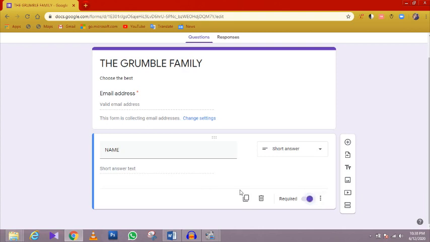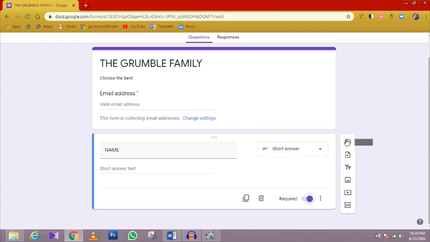Why? Because when the students log in to this particular quiz, Google itself will ask them to type their mail address. Some will have different mail addresses, and we can't find the name by that mail address even. So in that case, you can ask the students in the first question itself: type name, short answer. The students will type their name, so that you can easily identify, okay, this is this particular student's answer. Otherwise the answers will be left all alone without names. So this is the first thing that you're going to do with this Google quiz.